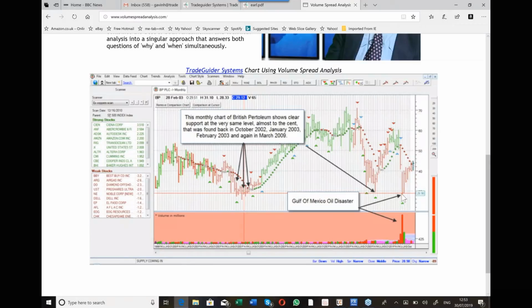Now, if we notice here, the volume on the bar on the monthly chart was absolutely enormous. We call that a shakeout. A shakeout. And what it does is everyone, as Wyckoff would call it, pukes out the stock. They get rid of it. They go, I'm done, I'm finished. They don't notice that in the background there was buying at that level. And so they ignore the background.